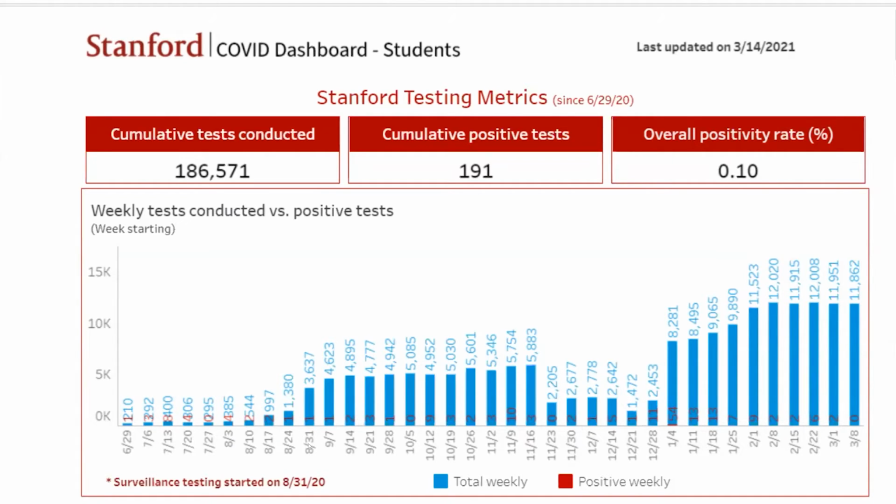And then August, starting at the end of August, we partnered with another testing platform company outside of Stanford, and we just escalated the numbers. You can see from 1,000 to 3,000 to 5,000. And then Thanksgiving hit. Obviously when people are not here, they're not going to test, and we dropped